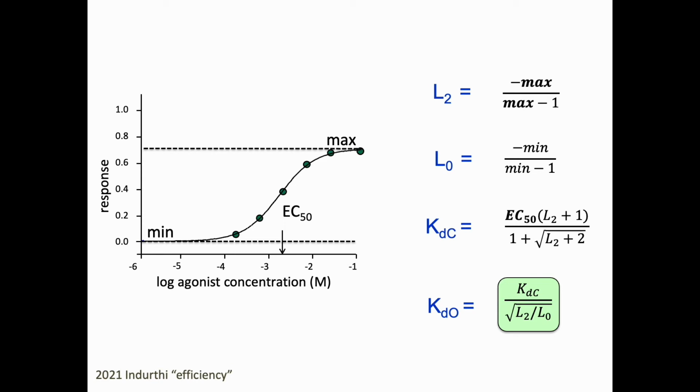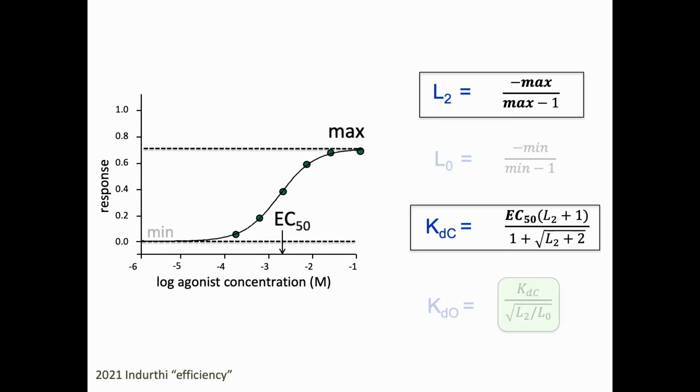Now, in most cases, the minimum is too small to be measured directly from the dose response curve. You have to get tricky and use some indirect methods of getting the minimum. But it can be gotten, and I'm going to show you one later on that you can get the minimum and efficiency just from max and EC50. So you can use just these two equations, which only have max and EC50, to get these two equilibrium constants, and these two are sufficient to measure efficiency in a tricky way I'll show later on. So you just fit this to some empirical equation, or you can even stick a ruler down and get a reasonable estimate of the max and EC50, and that's all you need to measure efficiency.